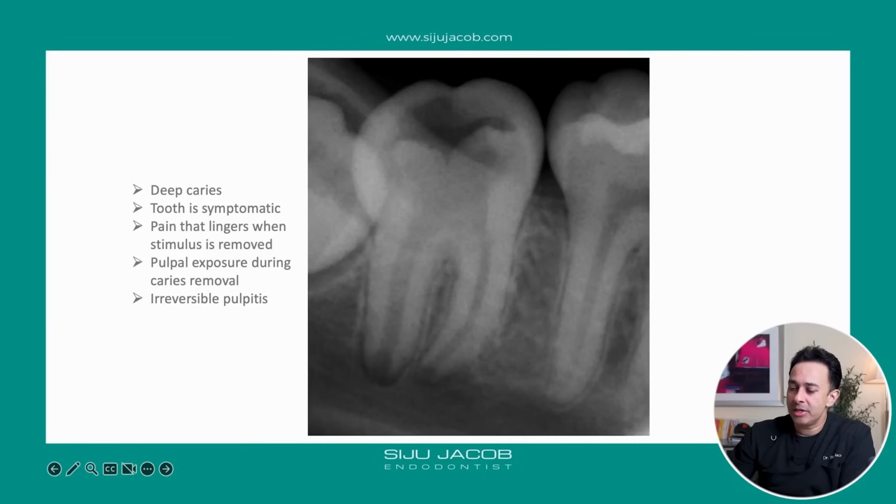Now, these are the following scenarios that one usually sees. We're not talking about a young patient where there is an intentional exposure of the pulp, where the patient's asymptomatic and the clinician is just doing some sort of cavity preparation, and while doing the cavity preparation, there is a pulpal exposure. I think we all know how to manage that. We're talking about direct pulp capping and stuff like that. We are talking about those endodontic cases where the patient comes to the clinic with acute pain, and when you take a radiograph, we find an open apex. So how do you manage these sort of cases? You can't just do direct pulp capping in these cases. So we are talking about those kinds of cases. So the first scenario is something like this.